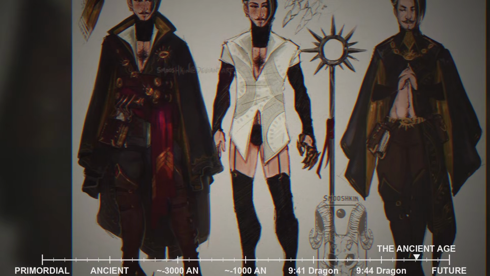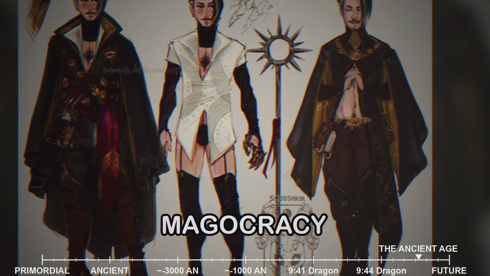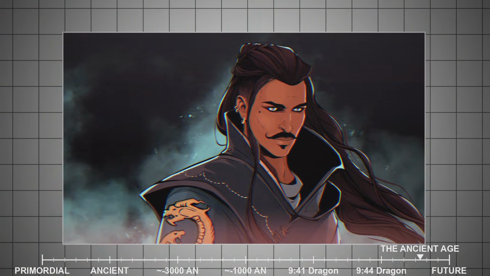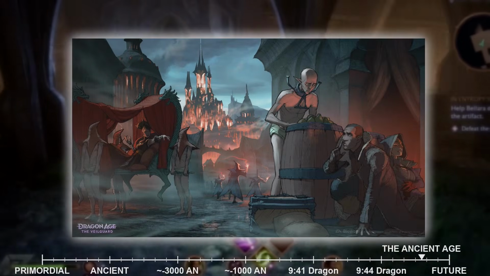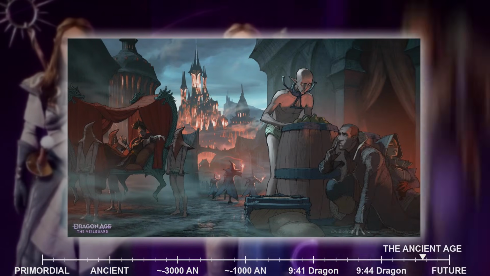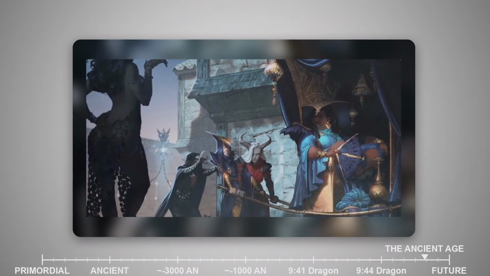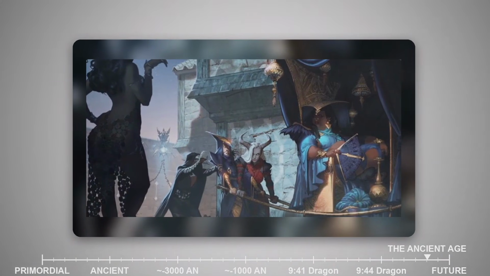The society they built was a magocracy, a nation ruled by mages. At the top of Tevinter society stood the Magisters, powerful mages who controlled vast estates and commanded armies. These Magisters formed the Magisterium, the ruling council of the Imperium, and they elected from among their number an Archon, the supreme ruler of Tevinter. Below the Magisters were lesser mages, then the common citizens, and at the bottom, slaves, a massive underclass that would eventually include conquered peoples from across Thedas.